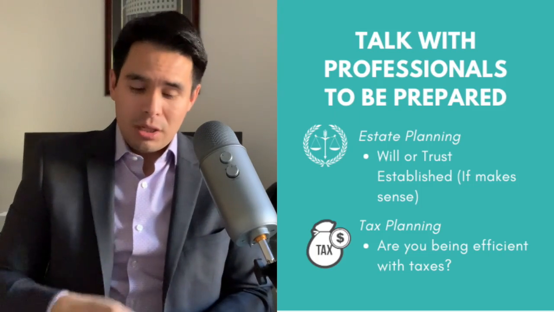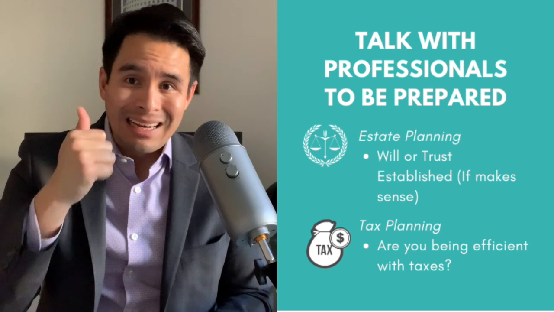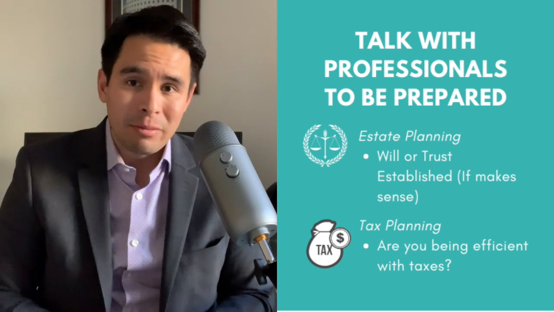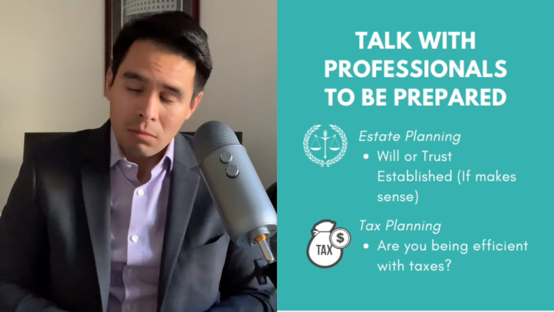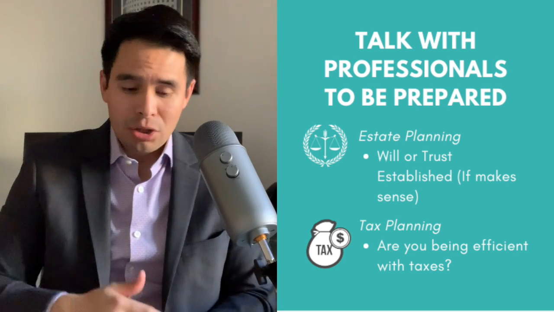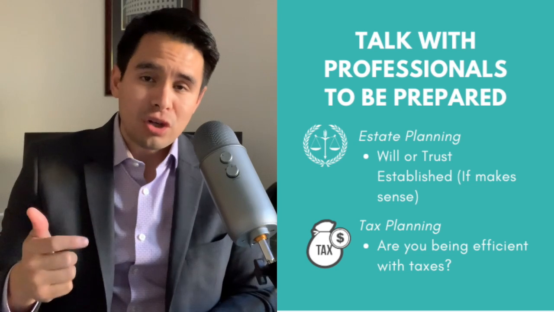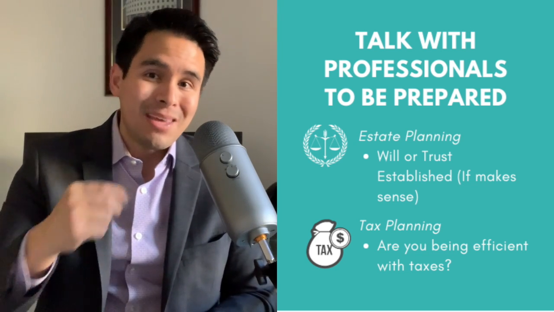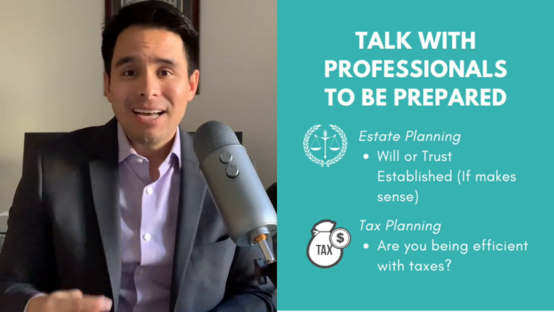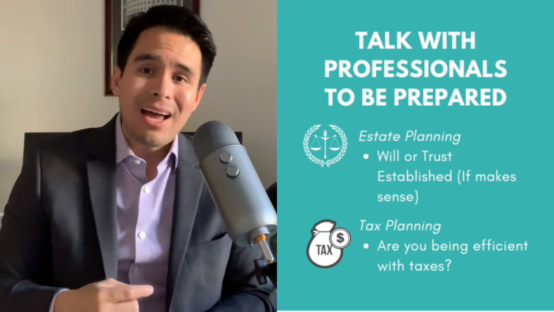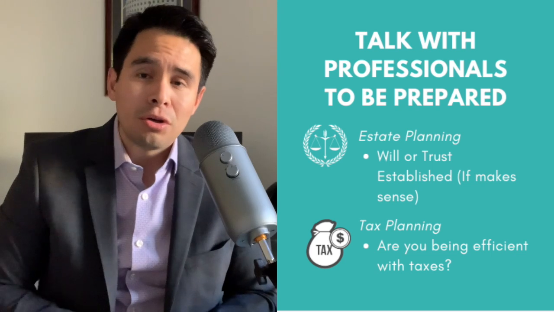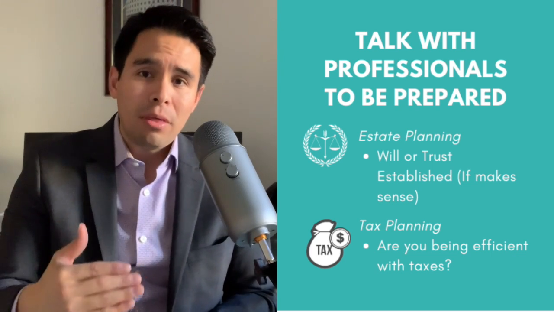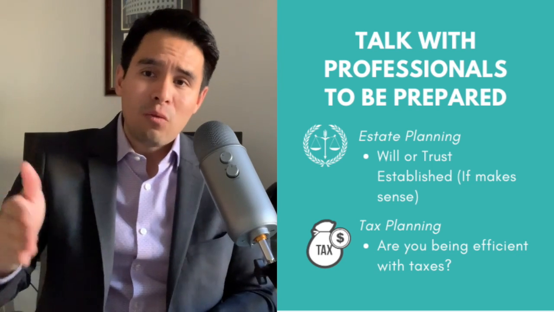The next thing I share is talk to a professional, a tax professional and an estate planning professional, and get something set up, or at least have a conversation with them. When it comes to estate planning, make sure you have some type of will or trust set up for yourself if it makes sense to. When it comes to tax planning, talk to your tax professional. Ask them, hey, upon my passing, what steps do we need to take to make sure that everything's in good order? Have a meeting, sit down with them, not just with you, but with your loved ones too,